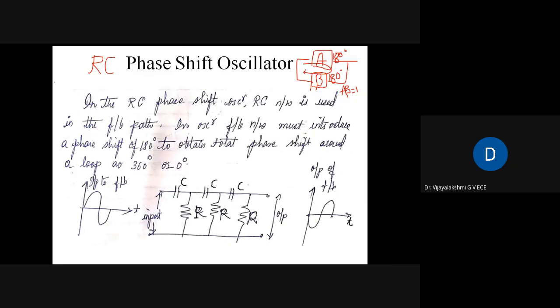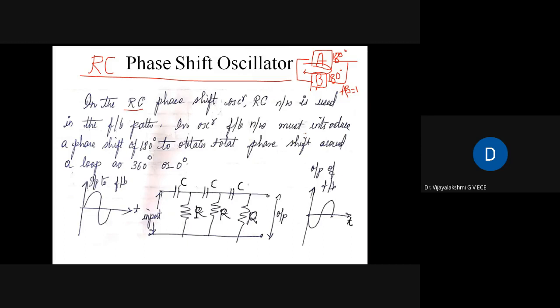Now here we are going with the RC phase shift oscillator. The RC phase shift oscillator is the basic oscillator which uses RC components, and the type of waveform it generates is the sinusoidal waveform, and it generates frequency in the audio frequency range. So it uses RC components, it generates a sinusoidal output, and the range of frequency it generates will fall under the audio frequency range.